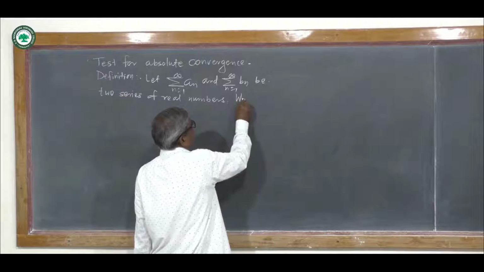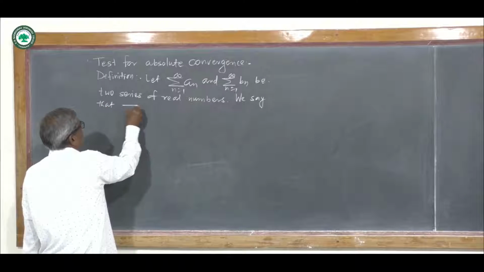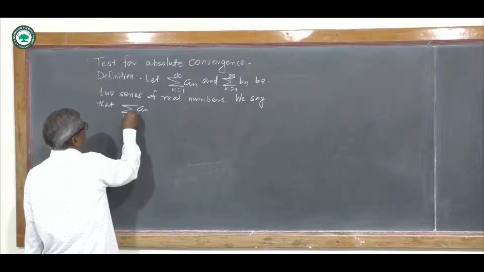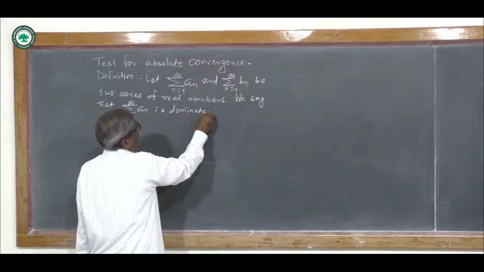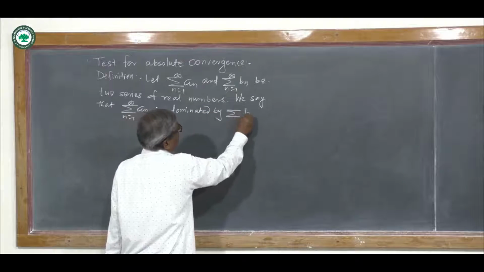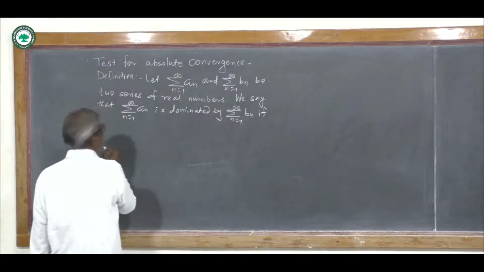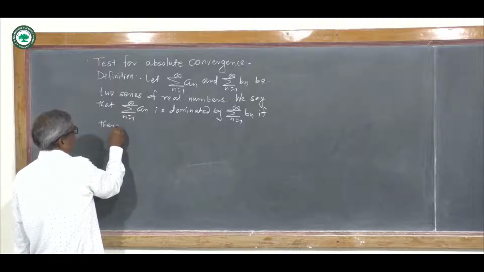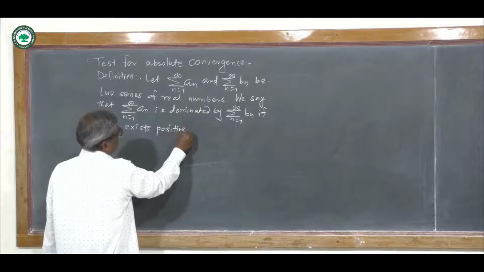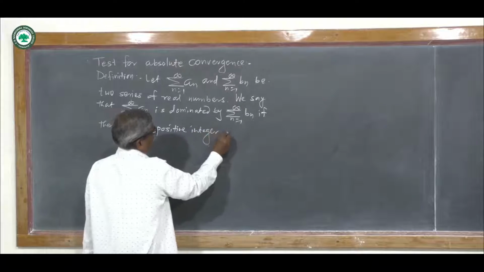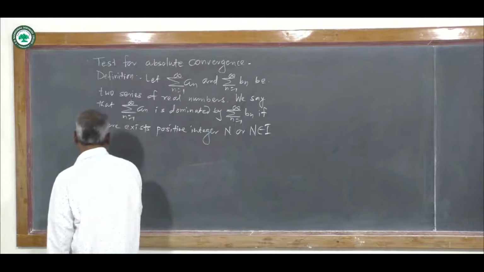We say that summation a_n, n equal to 1 to infinity, is dominated by summation b_n, n equal to 1 to infinity, if there exists a positive integer capital N, or you may write capital N belongs to I, such that